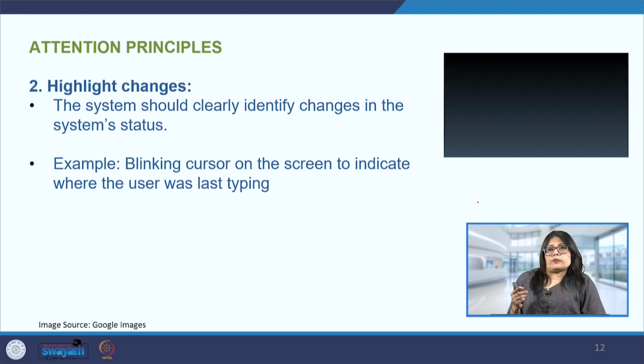So if the current system is giving me an indication with the help of the cursor in this particular case that this is where I left off, then I will know where I have to carry forward from, and I will not make any error, and I will also know in real time that continuing with the activity will become very easy for me as a user.